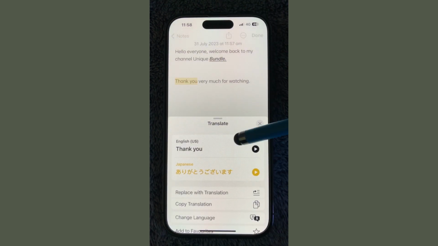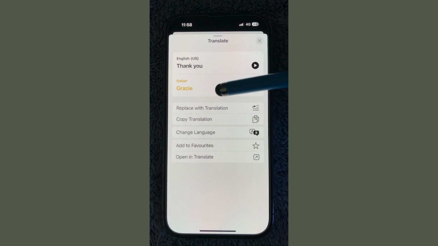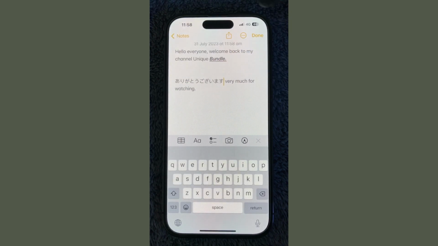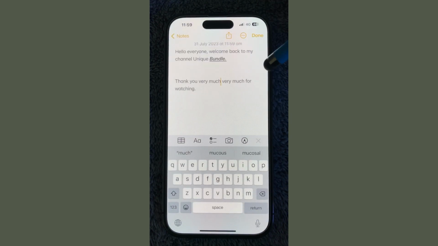Next one is, you can translate into other languages like this. Select any language which is available. There are heaps of languages. If you don't see the one you are looking for, you can always download the language you are looking for. Finally, you can design